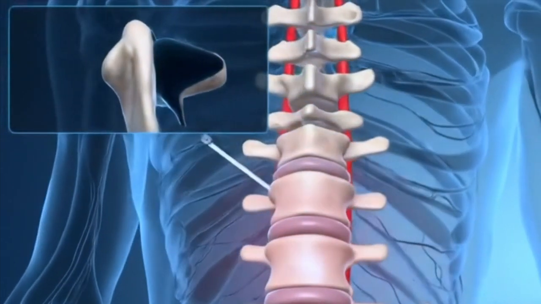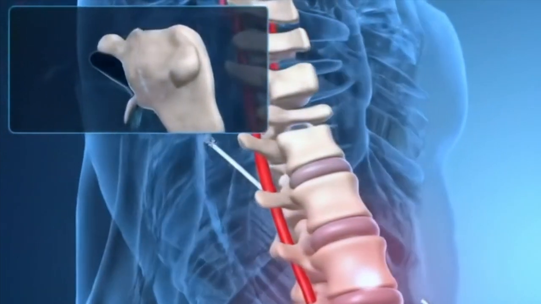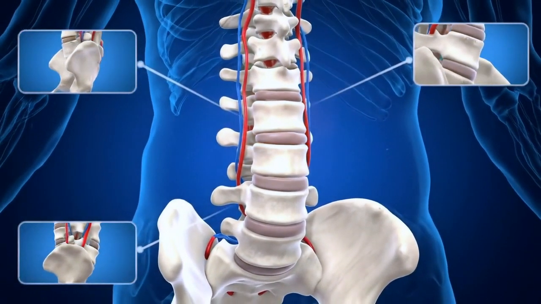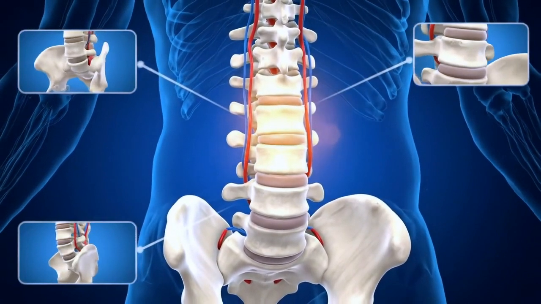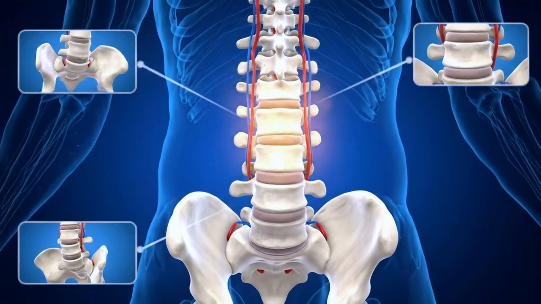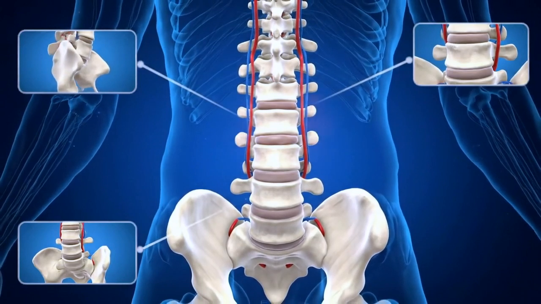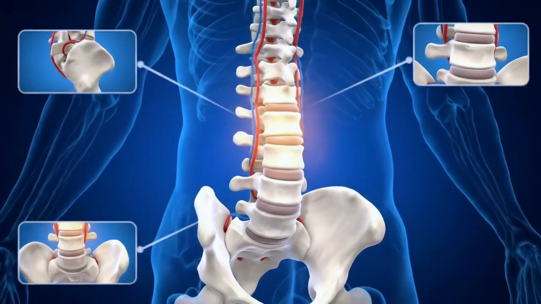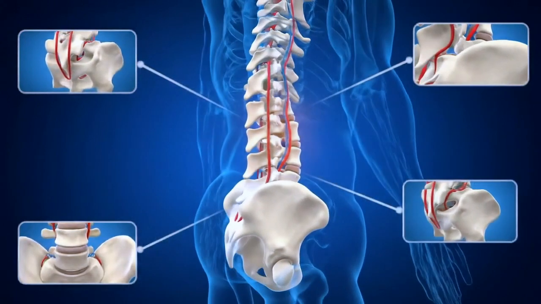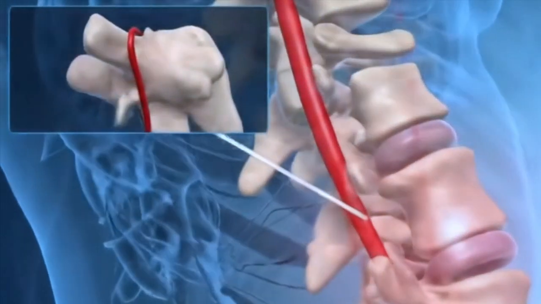Treatment options. Treatment aims to relieve pressure on the nerves and manage symptoms. It usually starts with conservative methods. Non-surgical treatments. Physical therapy. A physical therapist can teach you exercises to strengthen your core and back muscles, improve your flexibility and balance, and maintain a better posture, all of which can help alleviate symptoms. Medications. Pain relievers. Over-the-counter NSAIDs like ibuprofen or Advil can help with pain and inflammation. Nerve pain medications like gabapentin or pregabalin are often prescribed to reduce pain caused by nerve damage. Muscle relaxants can help with muscle spasms.